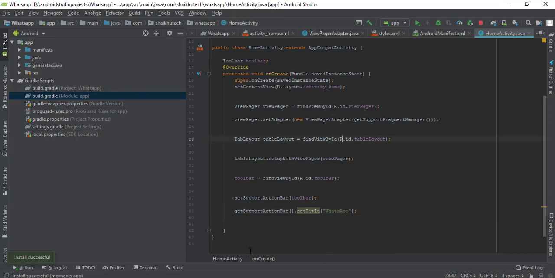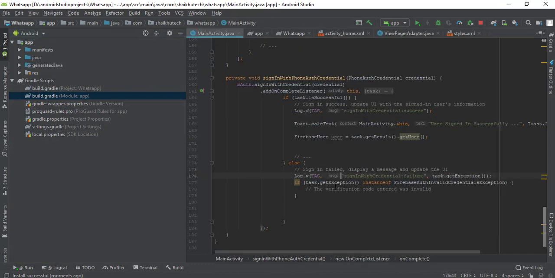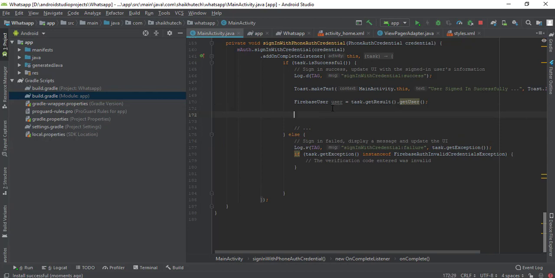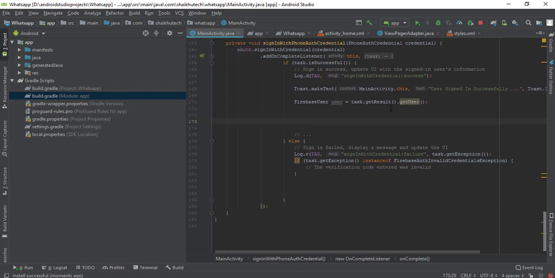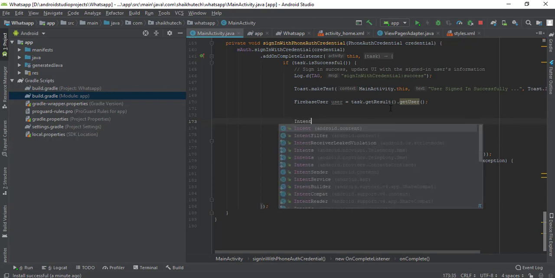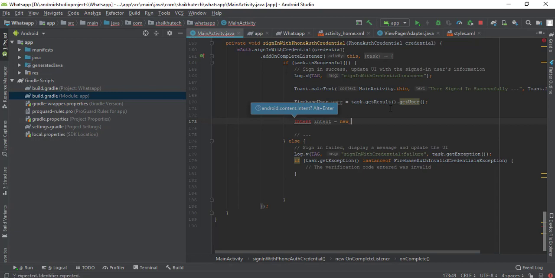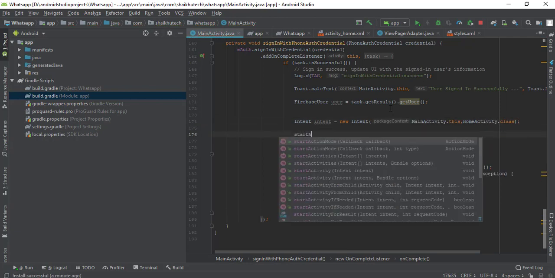So we have missed one thing, and that is if I go to the main activity and just go to where this gets successful, so we have signed in successfully. Now we need to start our home activity, that is actually going to be the chat. So for that what we need to do is just create a new intent, new, just alt enter to import that new intent, and just pass in main activity dot this, and then home activity dot class, and just start activity, and pass in the intent,